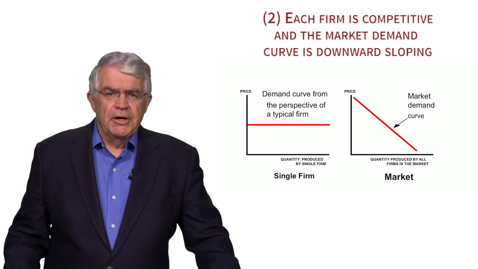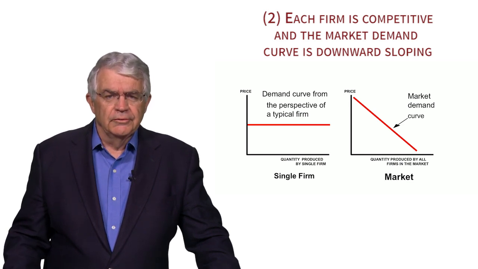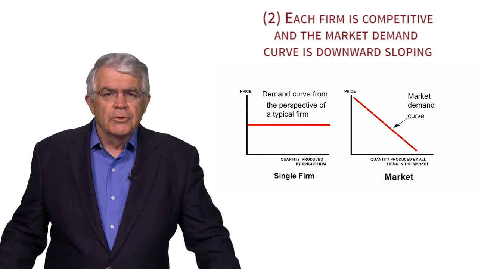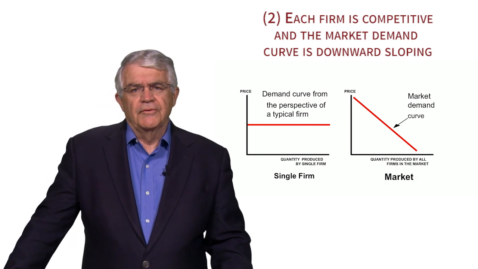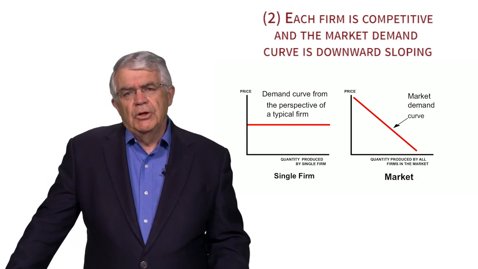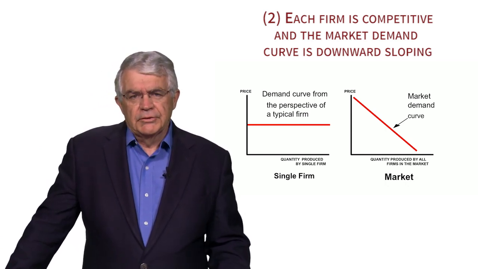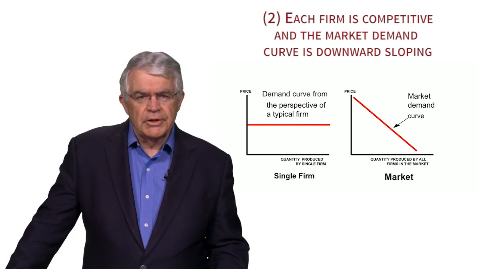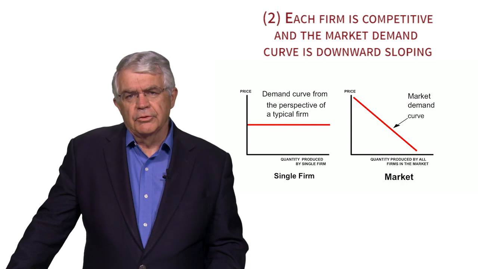The demand for the product for this firm and the other firms together is called the market demand curve. That's all the people in the market, all the people that are buying bicycles or whatever this firm produces. And it, of course, is downward sloping, representing the fact that when the price increases, the quantity demanded declines. Now remember, on the left, a single firm production is on the horizontal axis. On the right, the total market.